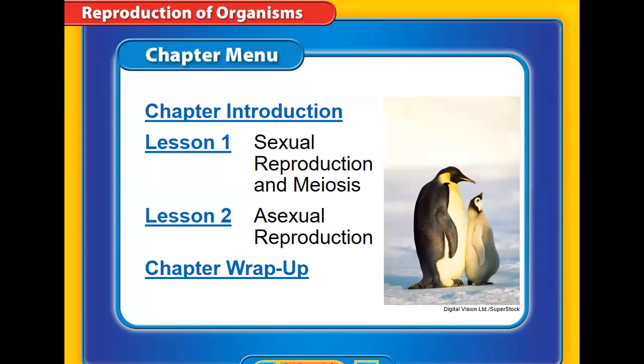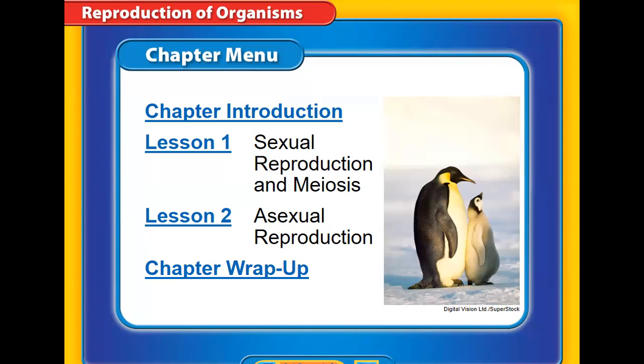In the first lesson of that chapter, we talked about sexual reproduction and the meiosis process. So, we know what is sexual reproduction. We said that's a kind of reproduction that requires two parents. One is male and the other one is female. And then we have a kind of combination between their DNA. So, we got a new individual that has a mix between the DNA of the two parents. So, it's a unique one which has different characteristics, or different traits, rather than the two